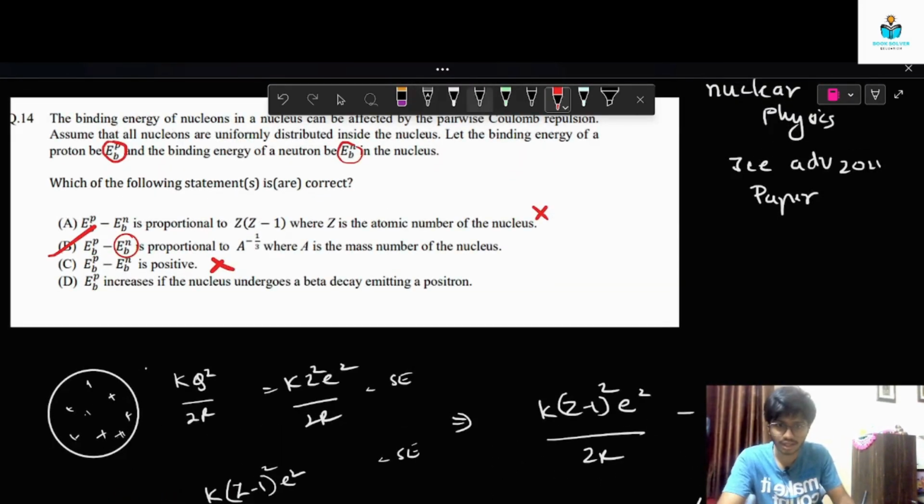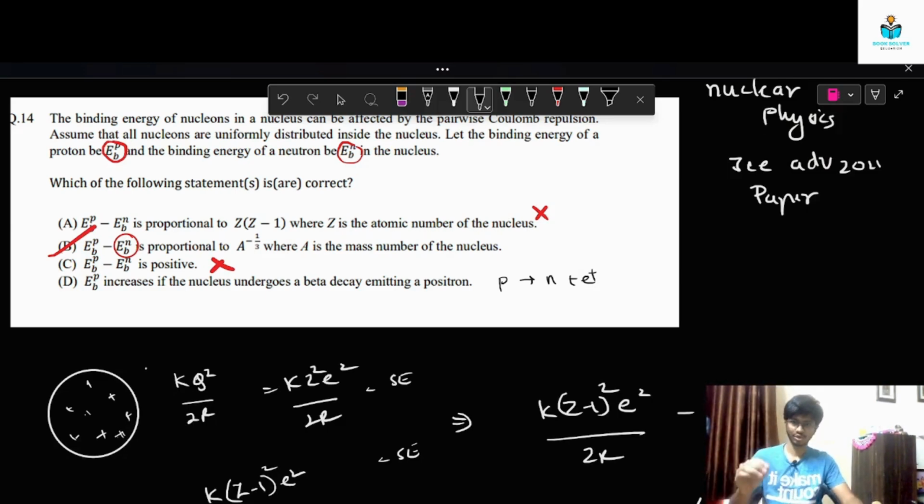Now let's check this one. Positron emission means what? A proton converted to a neutron. So proton becomes a neutron plus a positron. That means now the number of protons is decreased in the nucleus. Now if it is decreased, then the ease of removing a proton would decrease. Now if the ease of removing a proton is decreased, that implies they are bound together more effectively. If it's tough to remove, it's